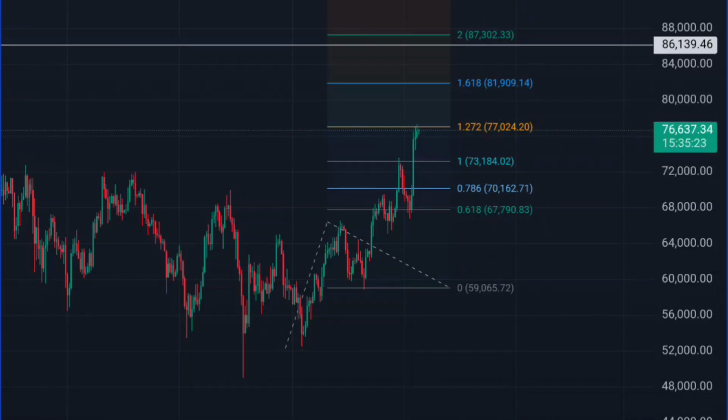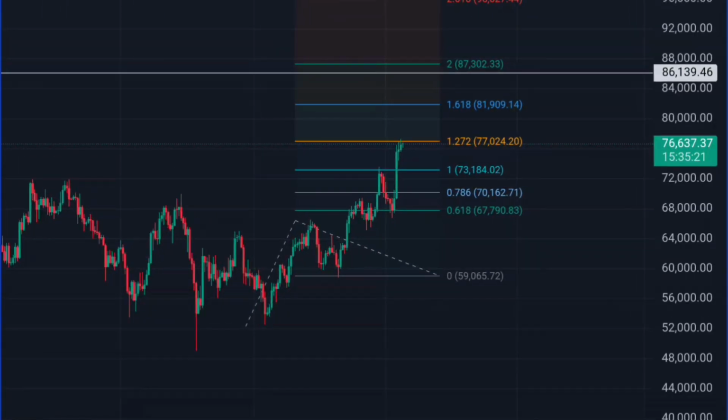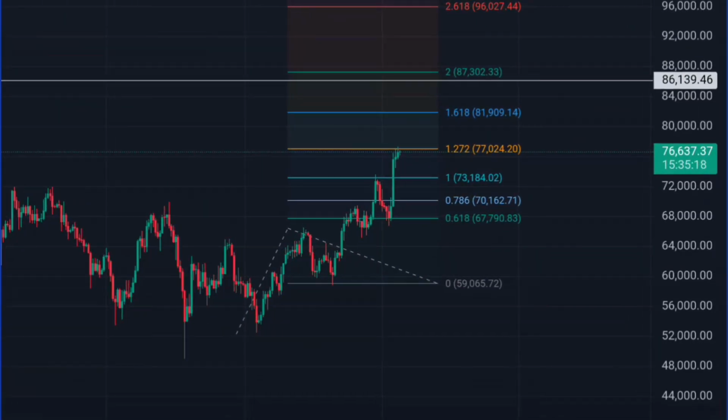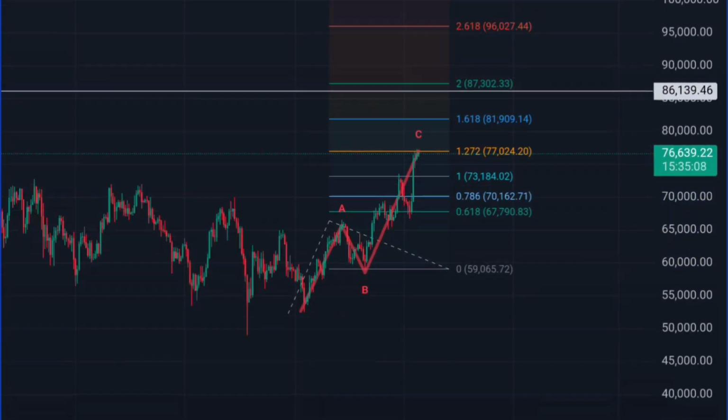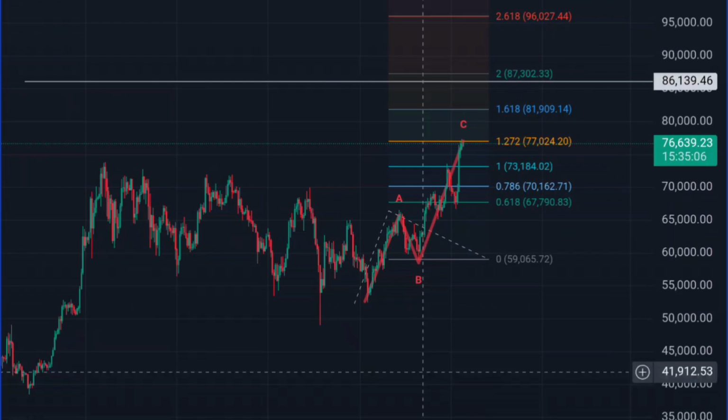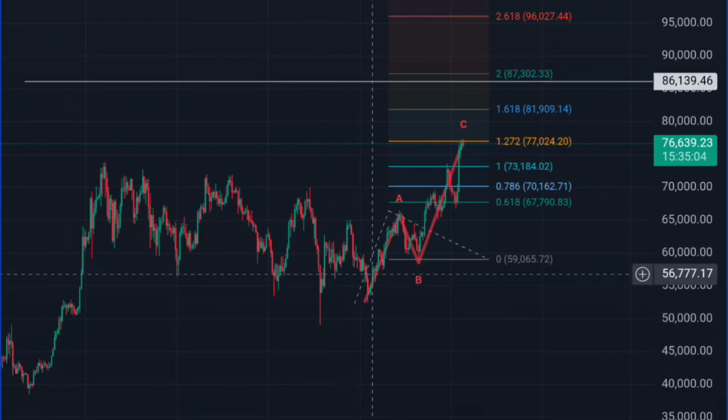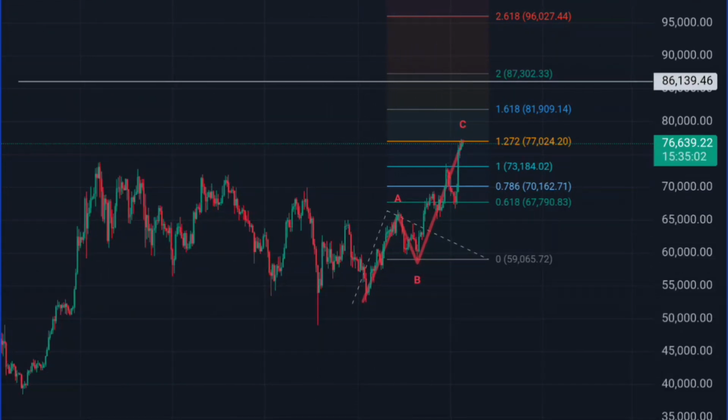We're getting 81,000 could be a wave 3 target. I'd have to count that out and see how that's going. I know some people are counting this as some kind of weird ABC, getting up to the 1.272. Yeah, that's possible. That you have some kind of ABC here and an ABC there, and you want to be